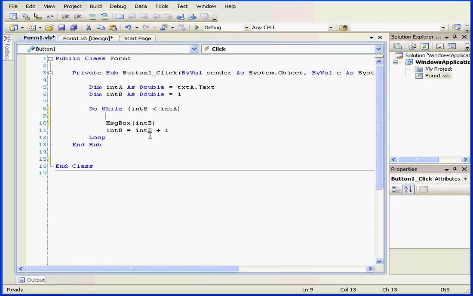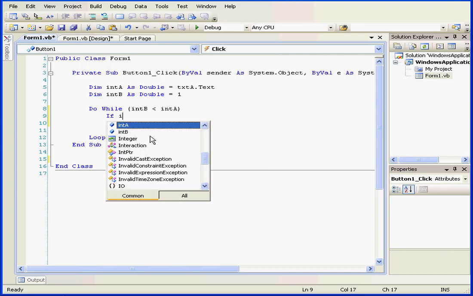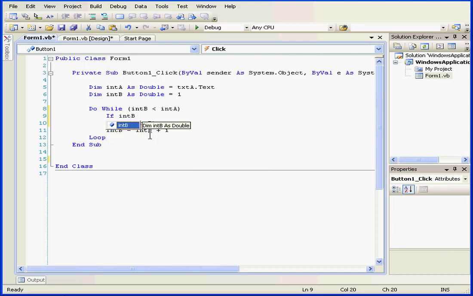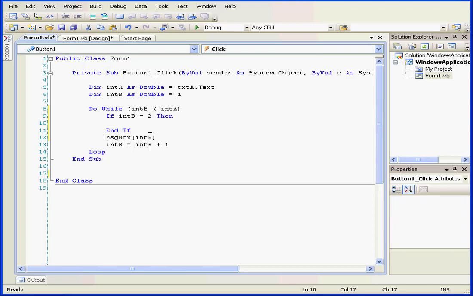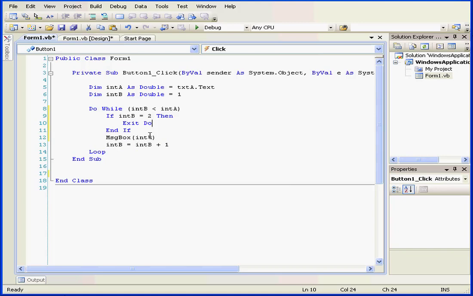Now, I'm going to be using a very simple statement in this tutorial. For example, if integer b equals 2, then exit do and tab. Now every time the loop executes, this block of code is going to check if the